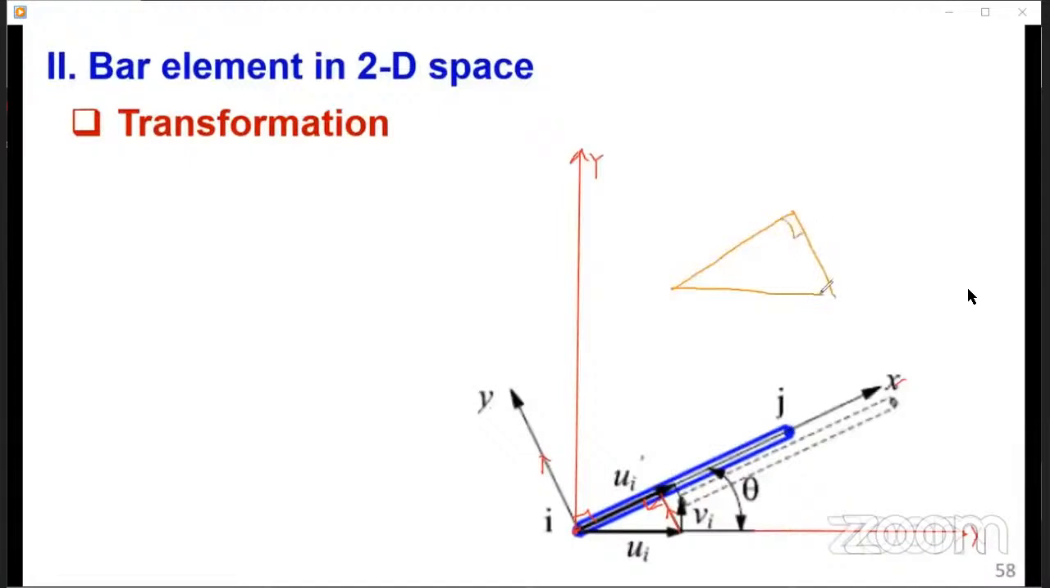This right angle here. And we are saying this angle is theta. This component, we have it as u prime i, and then we have a component ui, in the global coordinate system. This is the axis capital X, this is the axis capital Y. But I just wanted to extract this triangle for you so that you can see it. So we're using this triangle